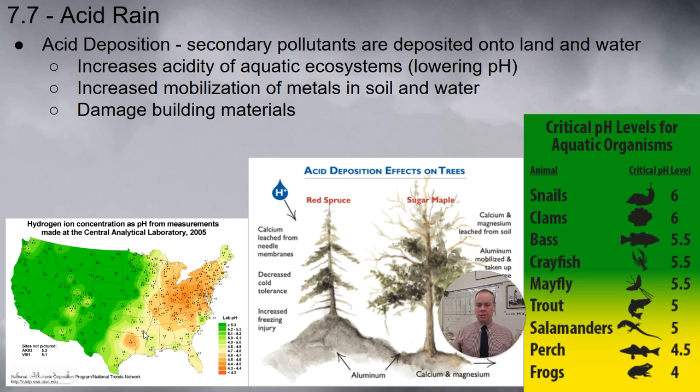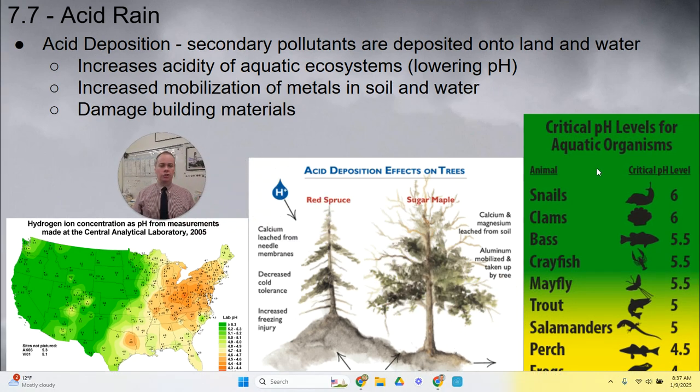And so this map gives us some information about where there's the most acidic precipitation. It's generally in the northeast and the east coast, in the Midwest. These are areas where the pH of the rainwater is lower than other parts of the country. And as this acidic precipitation or snow or dry deposition falls on ecosystems, it can have several different effects. And so when it falls on aquatic ecosystems, ponds, lakes, streams, it over time decreases the pH of those